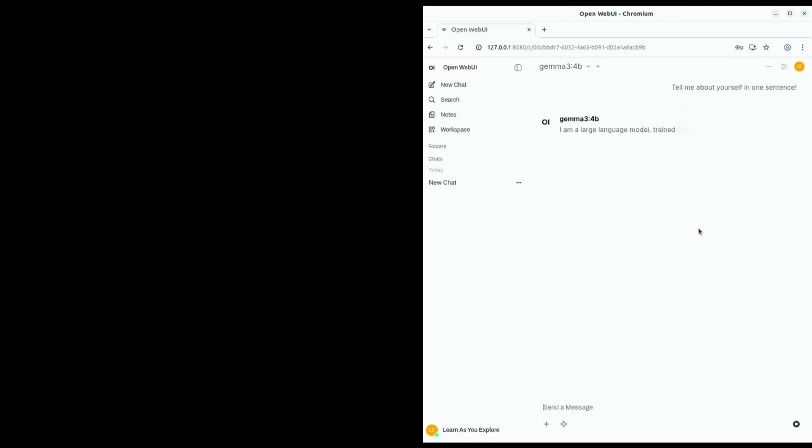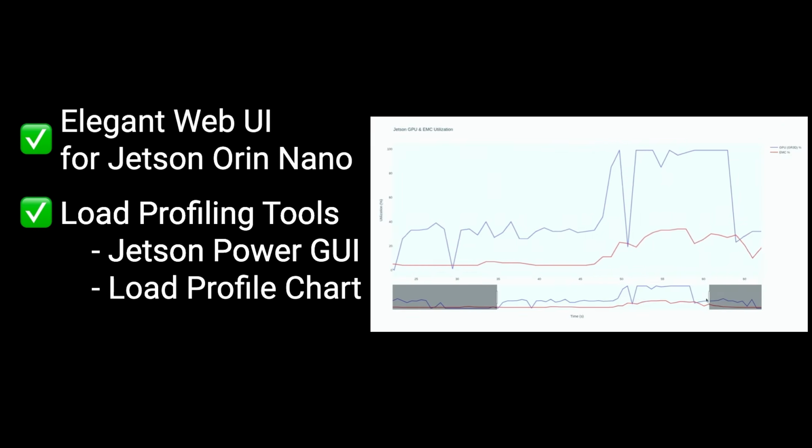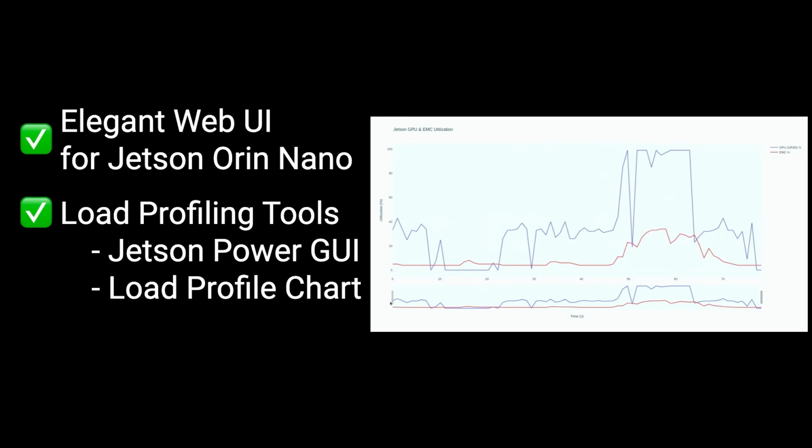In this video, we'll set up an elegant web UI for the AI model running on the Jetson Orin Nano. We'll also learn to use load profiling tools like the Jetson Power GUI to monitor the GPU load at that moment, and I'll also give you access to a free tool which helps us see how the GPU load varied